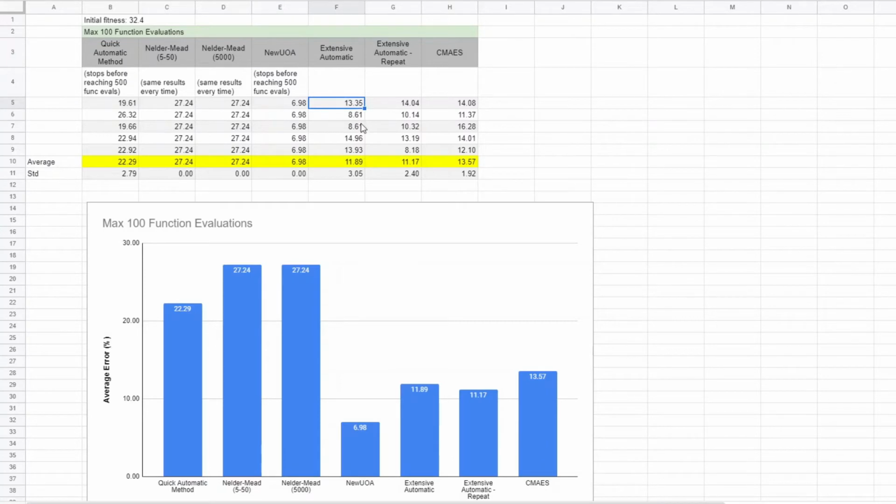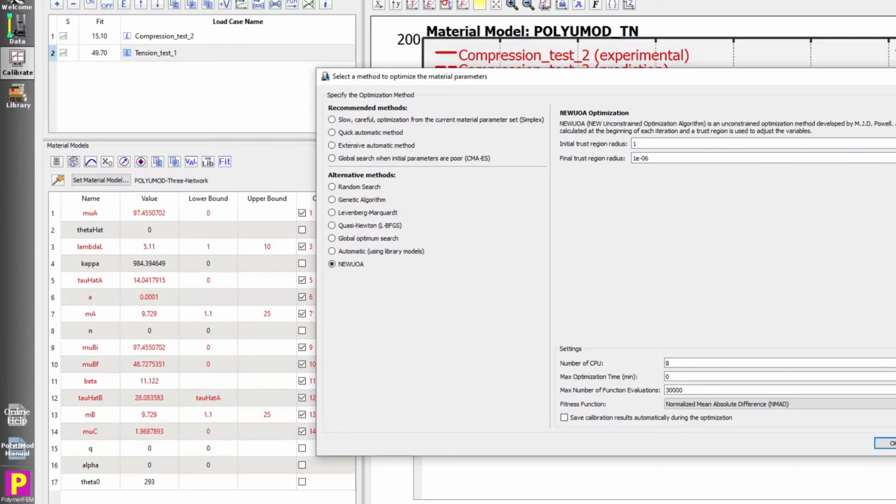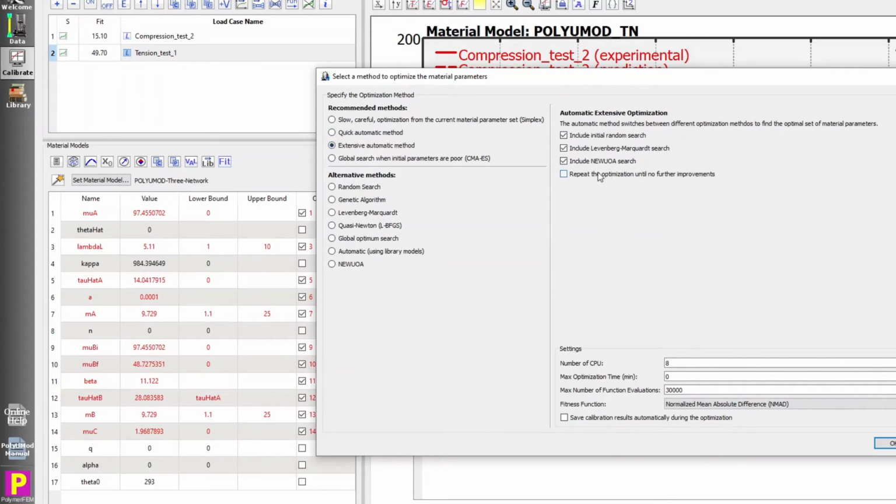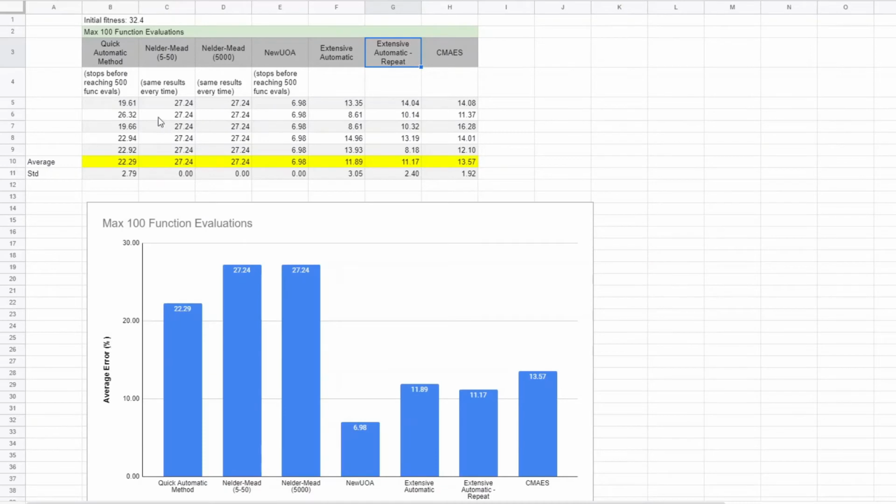The optimization method that I typically recommend, extensive automatic, had an average error that was twice as large, but it's still pretty good after 100 function evaluations. It takes a little longer for it to start up. And in this case, the automatic method with repeats, that is, when you activate this flag, gives you exactly the same results. And the reason for that is we only allowed 100 function evaluations, so it never gets a chance